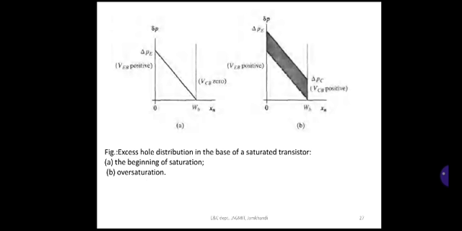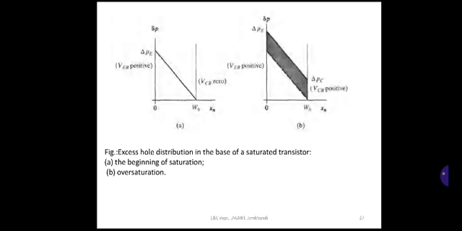As the device is driven deeper into saturation, observe figure B. The collector current stays essentially constant here, whereas the base current increases because you are increasing the base current. So in the saturation condition, the transistor approximates the on state of an ideal switch. This is another condition of the transistor, where we got the on state in the saturation region.